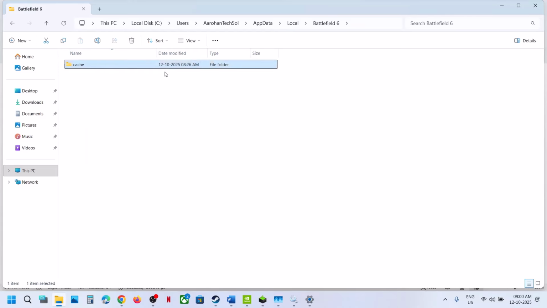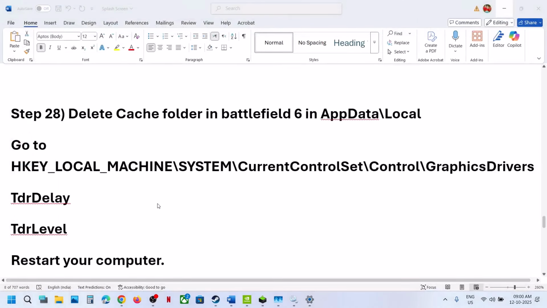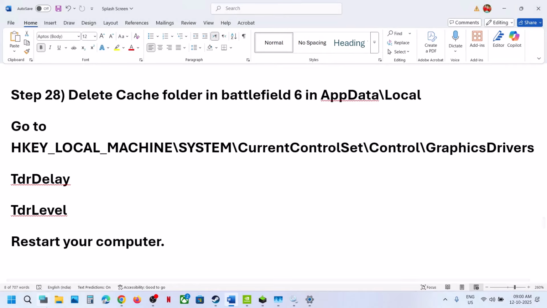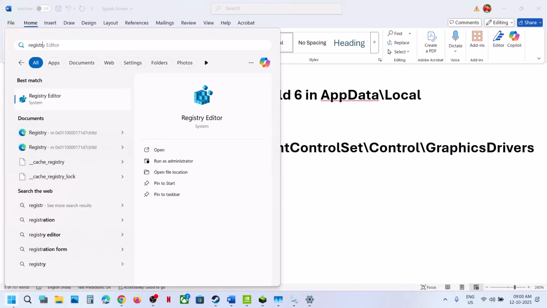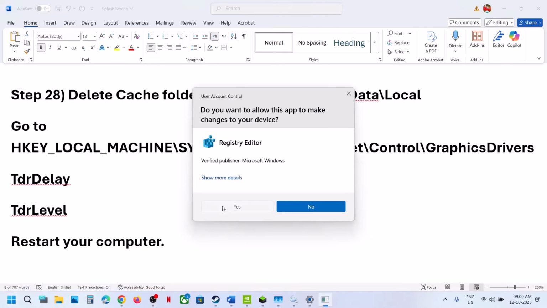Make a right click, delete it, then relaunch the game. Next step is to make changes in the registry. For this, you can type in registry editor in the Windows search box and then click on Registry Editor. Click on yes to allow,